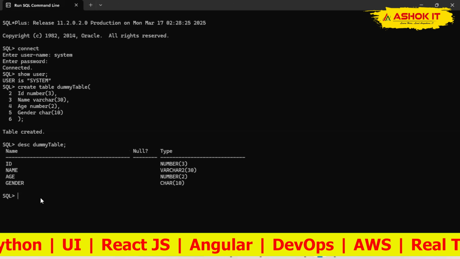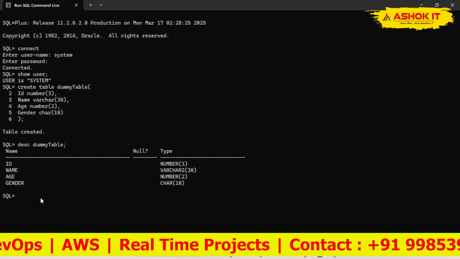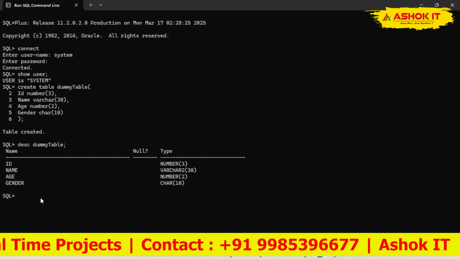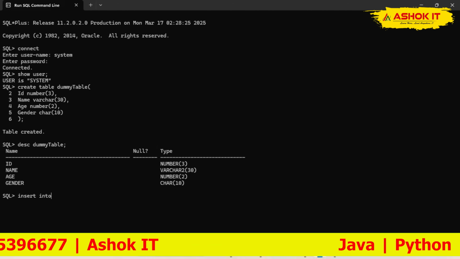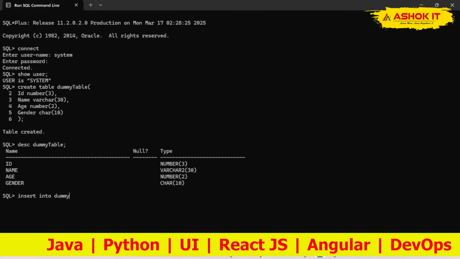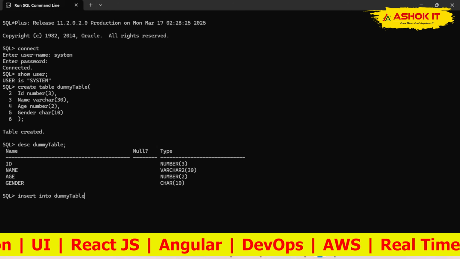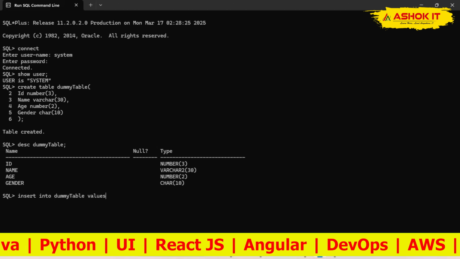Now I want to insert the data. Inserting the data means we need to add some records into the created table. So that's why I'm using insert into, the table name is the dummy table. Dummy table. Values we need to insert, right? So values of